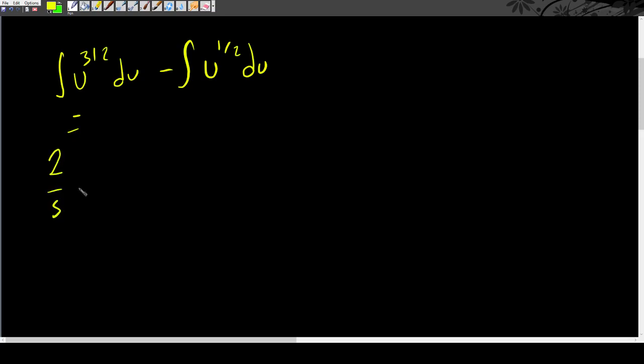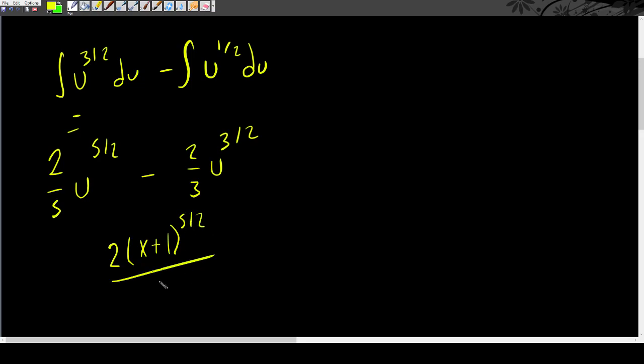So 2/5 u to the 5/2 minus 2/3 u to the 3/2, and then looking back up, u is x+1. Just gonna plug back in. So (x+1) to the 3/2 over 3. So you can multiply by 3 up here and you get 6